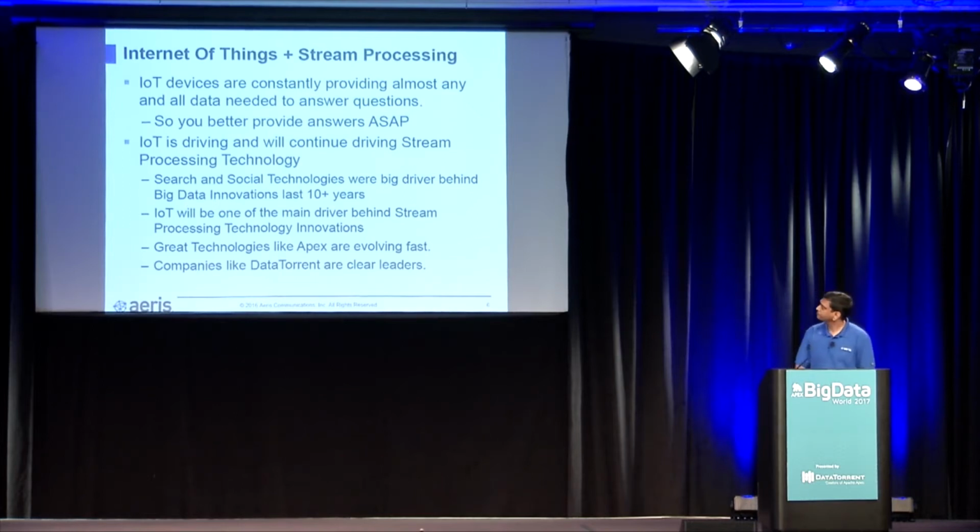If I started with stream processing maybe around 5-6 years back, we had few options available, right? Storm was one of the leaders at the time. Obviously things have changed a lot. In the last 2 years, we have a lot more technology like Apex, and companies like DataTorrent are taking them and driving them forward. So the next 2 years are going to be an exciting time. I am very excited to work in this domain, and I feel this is a very golden period for stream processing for the next few years.